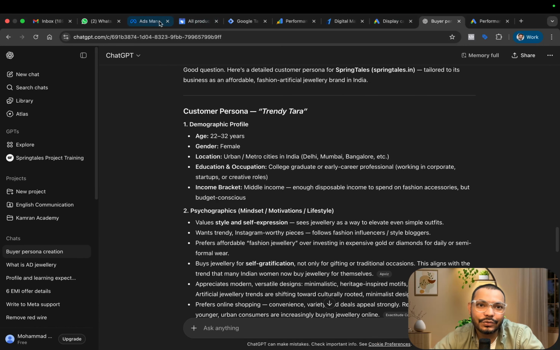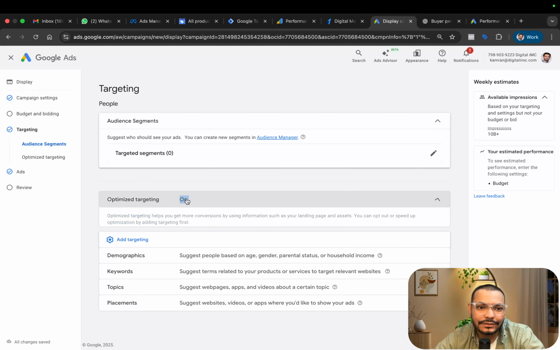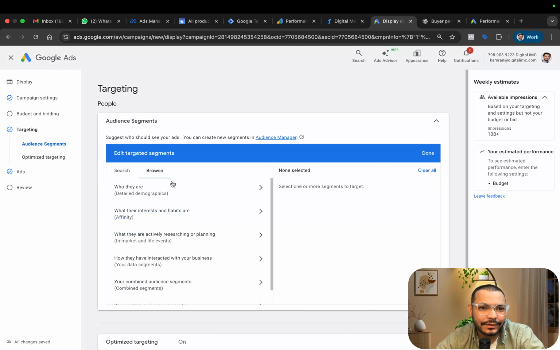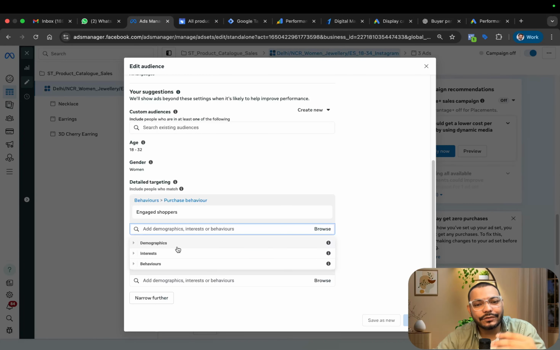As I said, in Google, we define this under the audience tab, under these audience segments, where we have in-market audience and affinity audience, something which you can only understand when you deploy these campaigns. On the other hand, in Meta, we have three different ways of targeting the audience: demography, interest, and behavior.